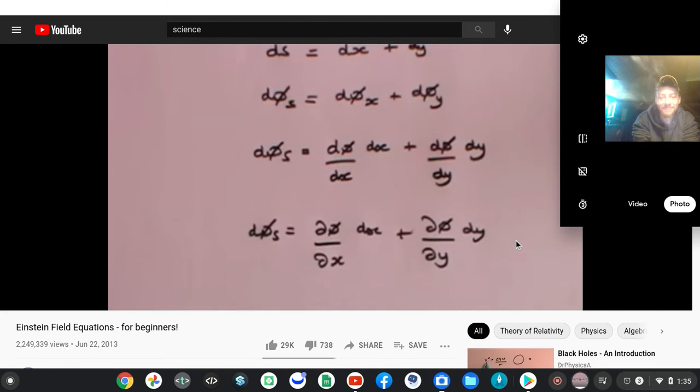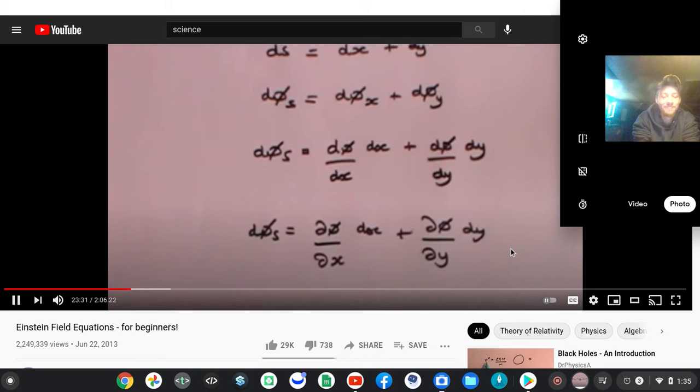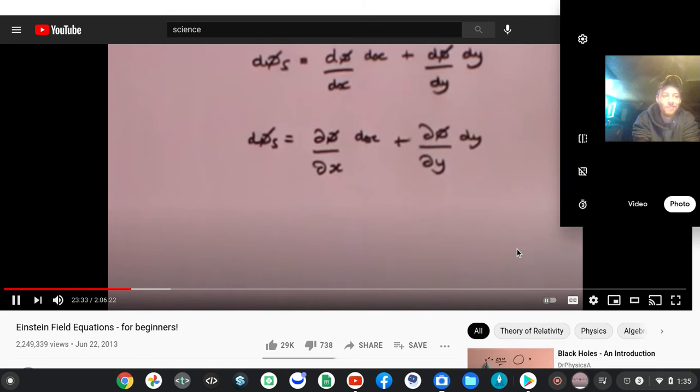curly d. Now I want to pause for a while and do a nomenclature change, and I promise you it won't hurt. Up to now, I have been using the coordinates